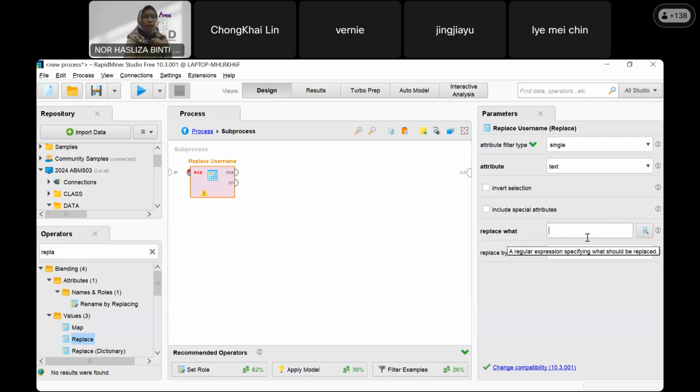So we have to write something here. Replace what? Username, the at sign, your user in Twitter, at backslash w plus.